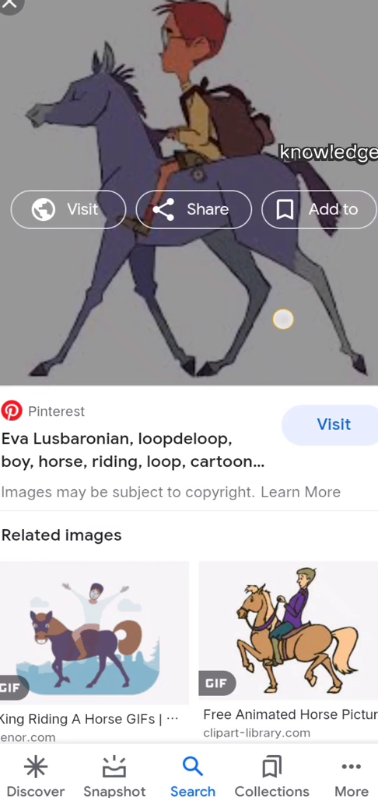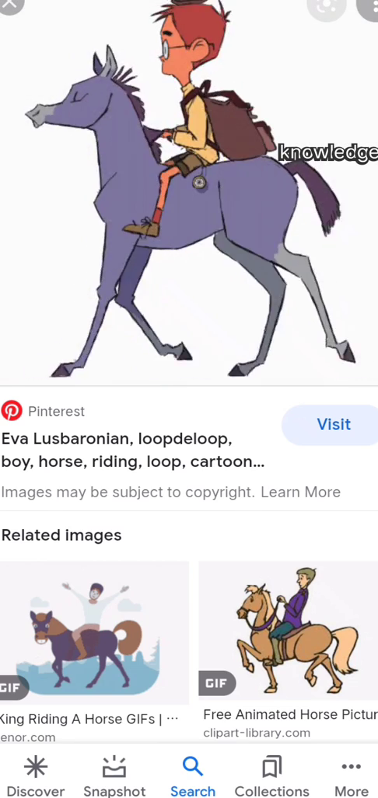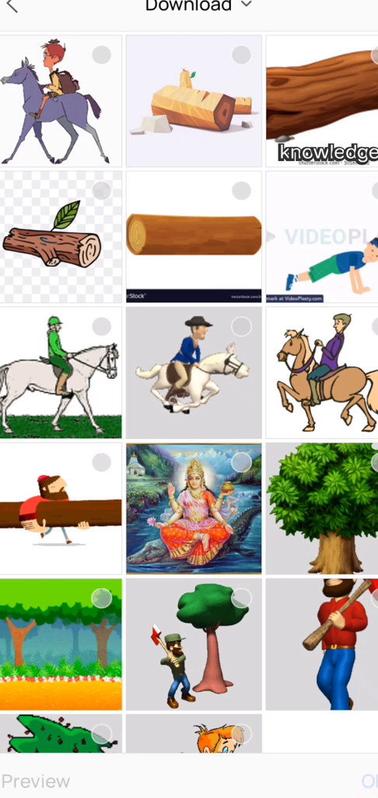Already we get some animated pictures from Google itself. So you can choose any image and click download. Download and save it on your mobile or on your computer. Okay, after saving,